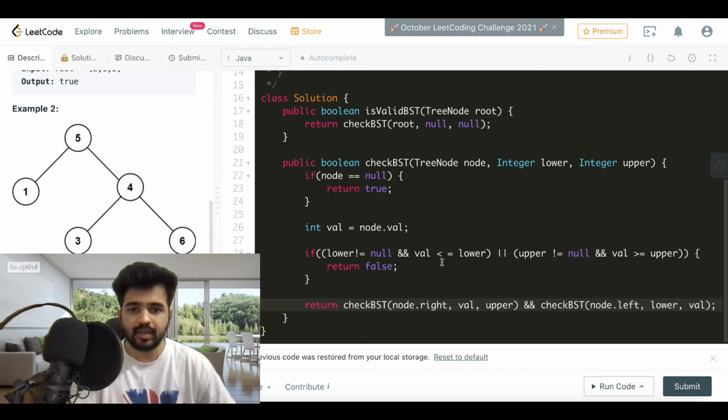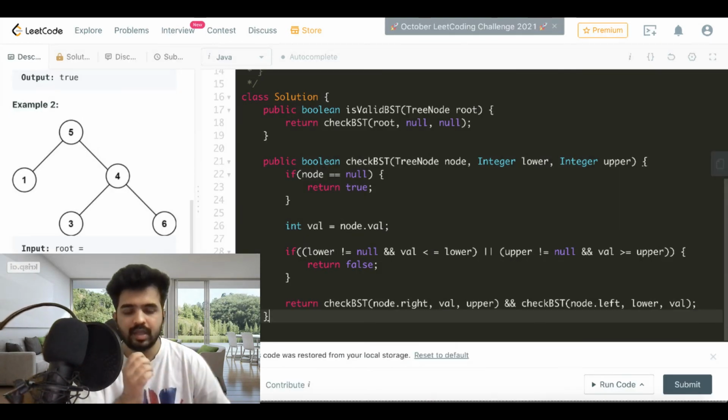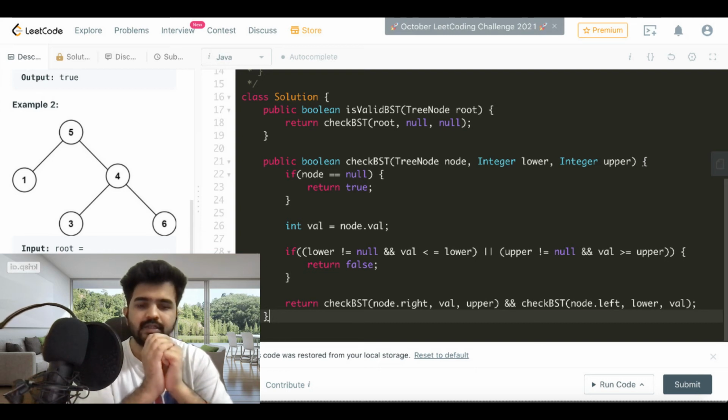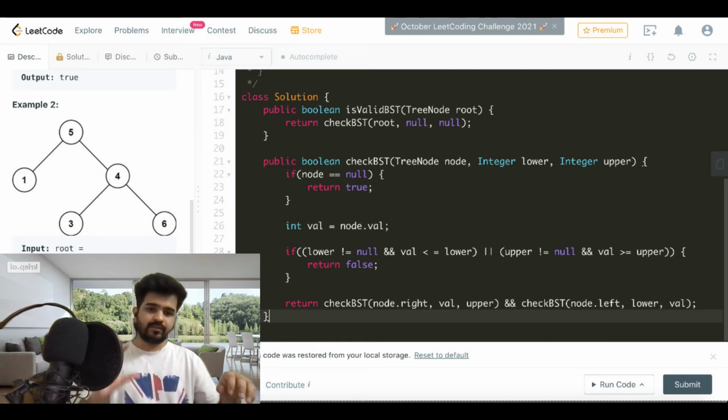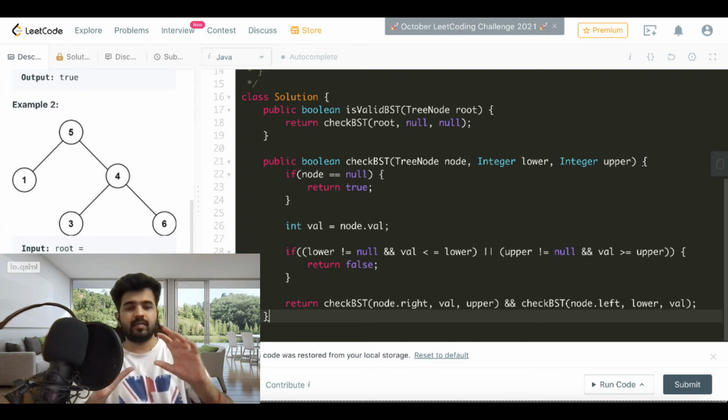So what we did here was we wrote a check binary search tree function in which we check, for this current node, if it's a valid binary search tree. So the node's value should be between the lower bound and upper bound. If that is true, now we need to check its children. For the left subtree, the upper bound will become the node's current value.